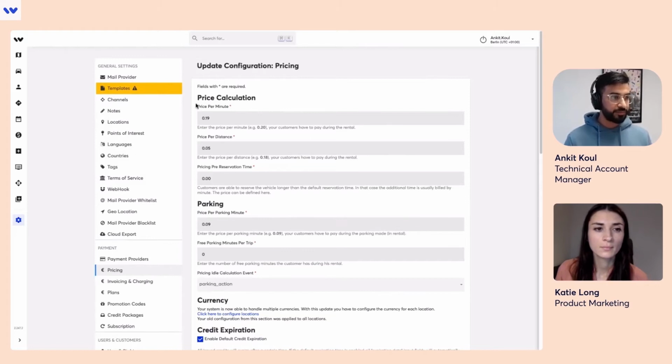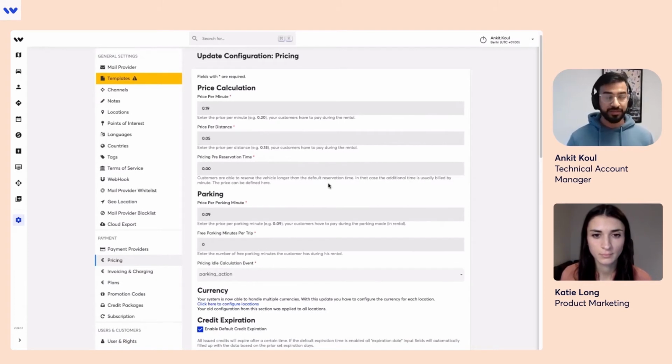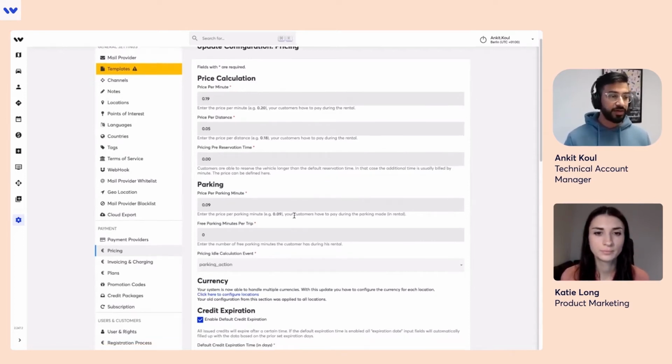As you can see, the pricing page in our backend is divided so that you can set up price per minute, price per distance, and also the pre-reservation time, like how much money you want to charge for pre-reserving a vehicle, right? Then you can also add some parking costs.